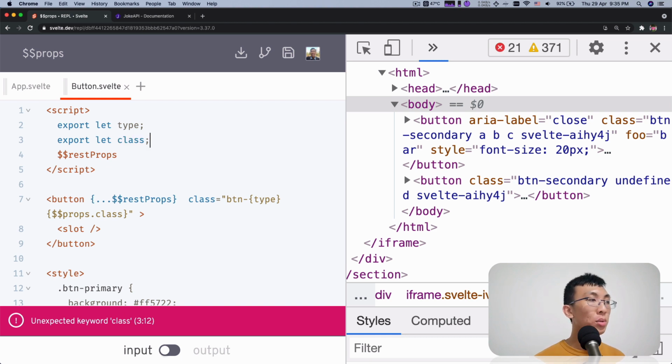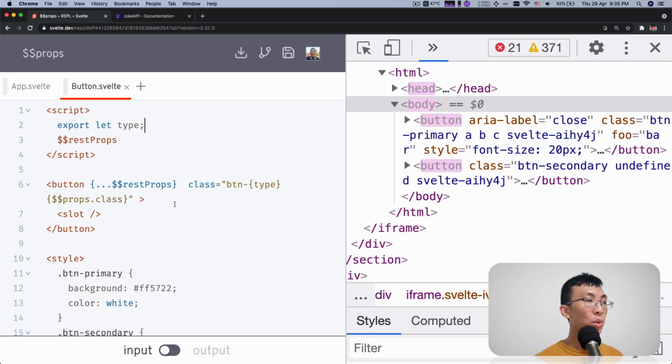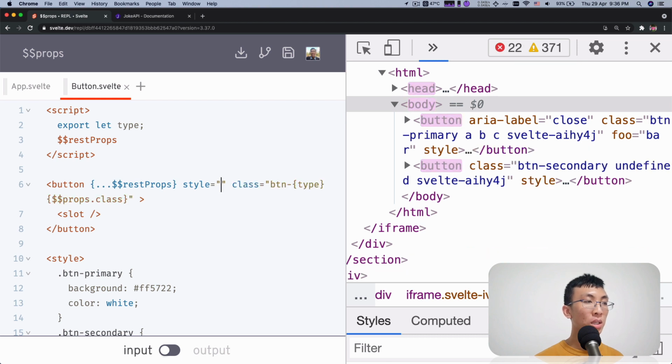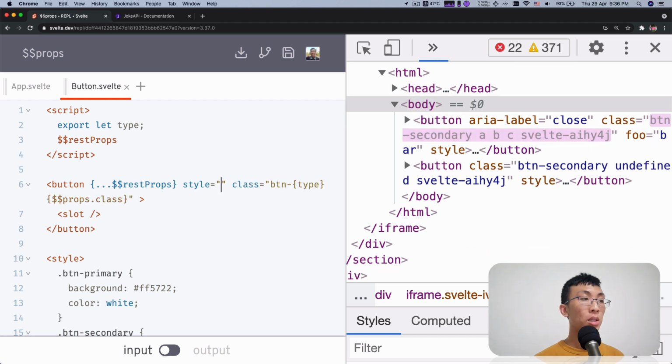Okay, I can't really do that. So I can't fix it with class, but we can show it with style, right? Let's just show it with style. So say for example, I have a style over here and say color equals green,